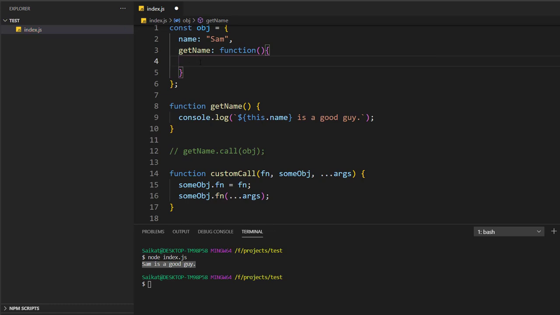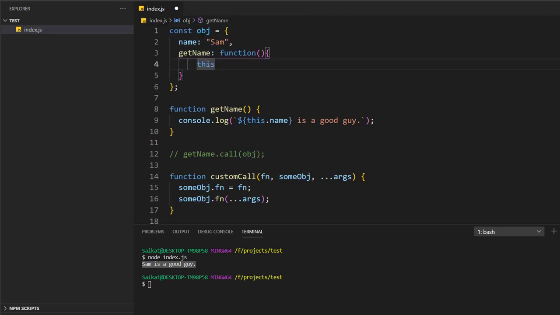So if I write a function like this, the `this` here always refers to this object itself. So here I can access all the properties inside this object. Maybe it has name, maybe it can have multiple other arguments as well. All these things I can access using the this keyword.